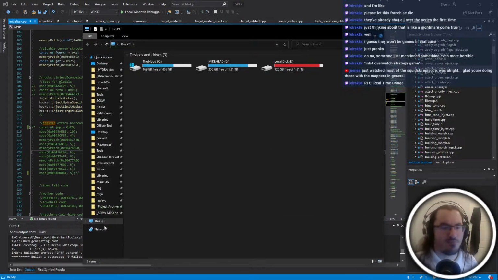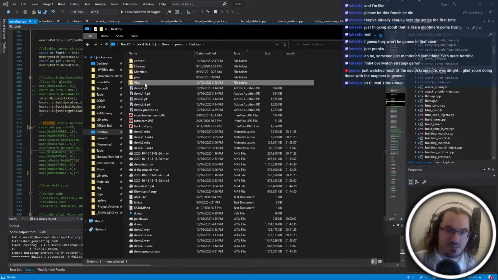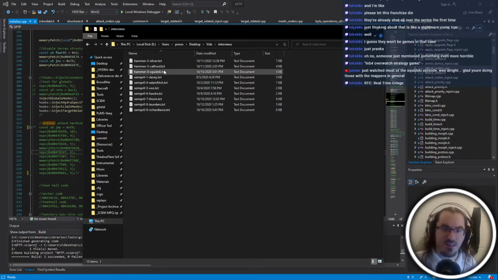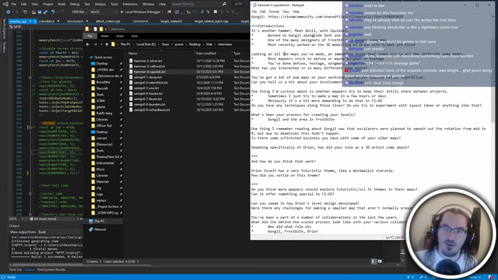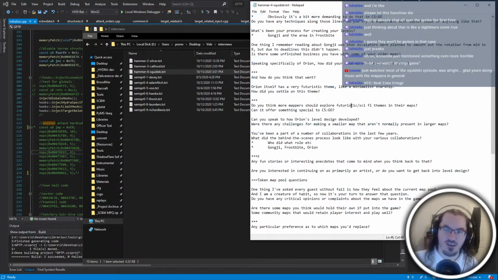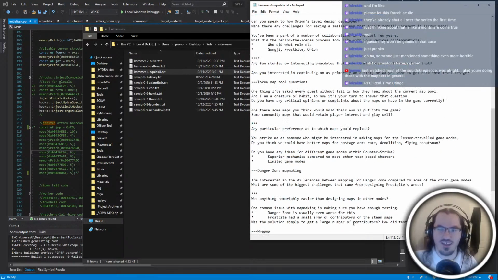Like, I can pull the curtain back a little bit and show you essentially what the process looks like. Ignore the mess of my desktop. But if we jump into here, like I wrote all this stuff. This is just questions that I had for him beforehand so that I knew how to pronounce names and stuff. And then I had all of these questions, right? And I think most of them got asked in that particular episode. Unfortunately,